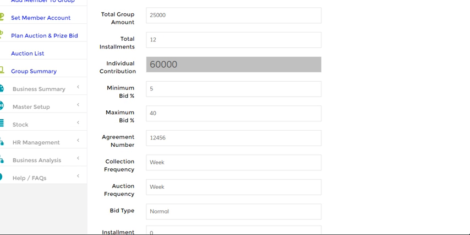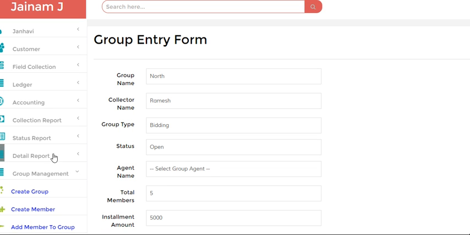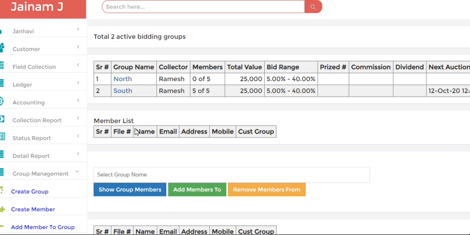Now I will go to group management, add member to group. Here you can see the South region has 5 members, and now I will select the North region. Here I will say show group members.